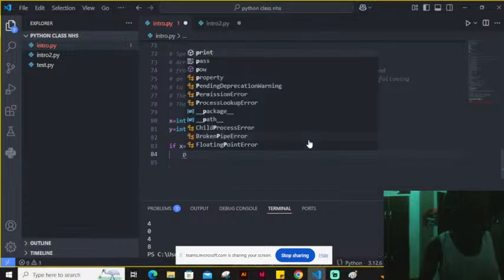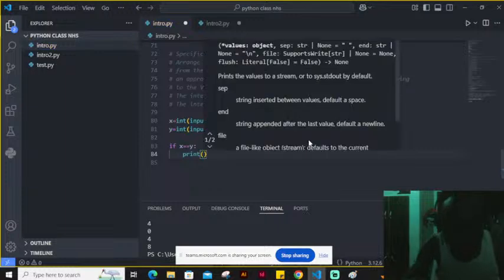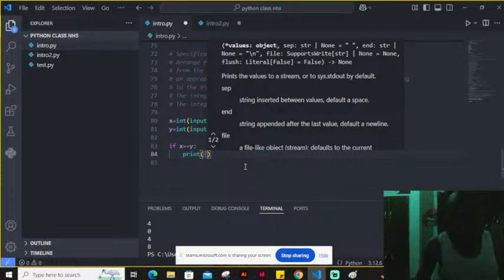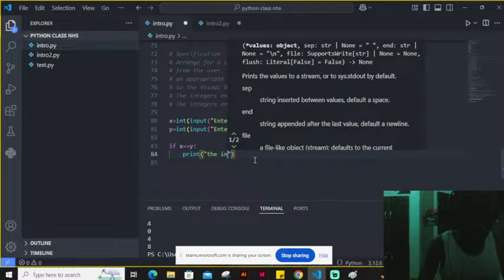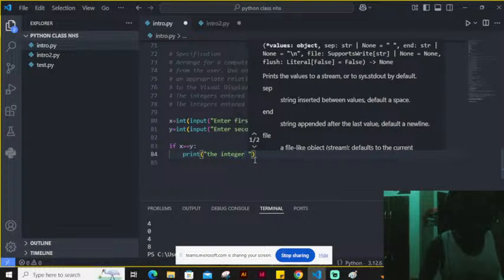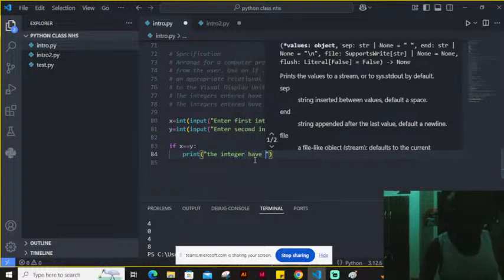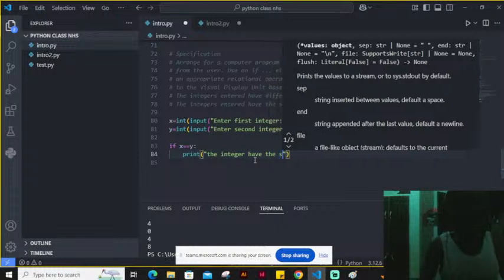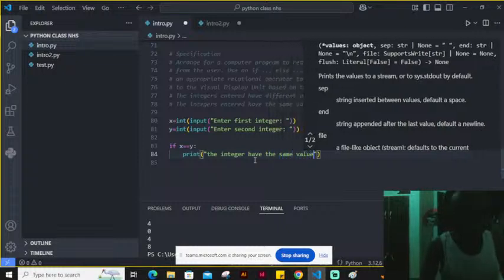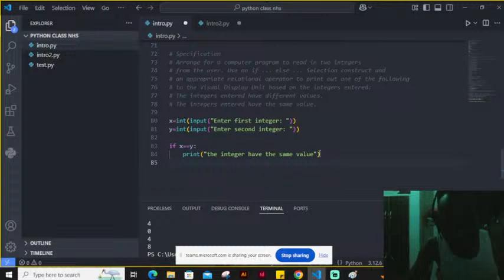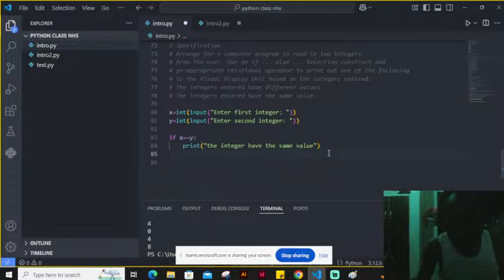print out, wherever I want to display here, the integers entered have the same value. Else,